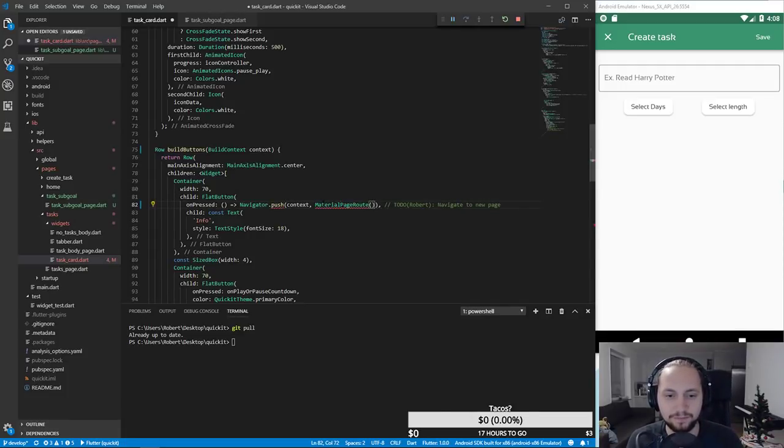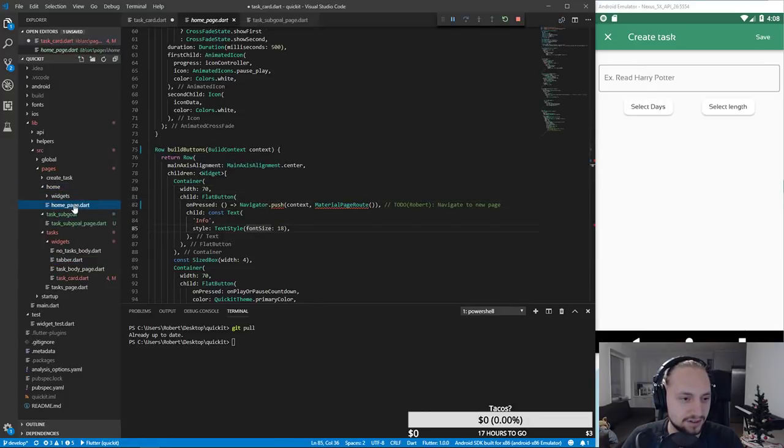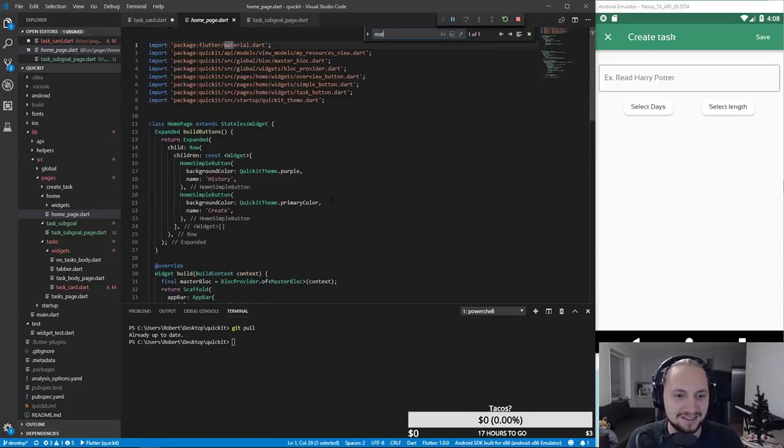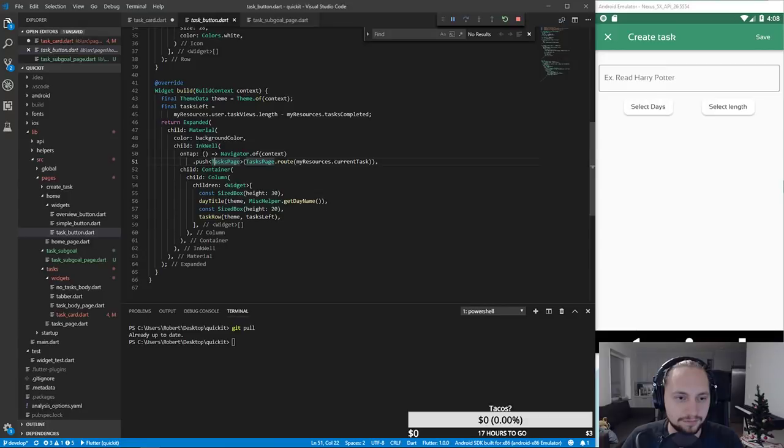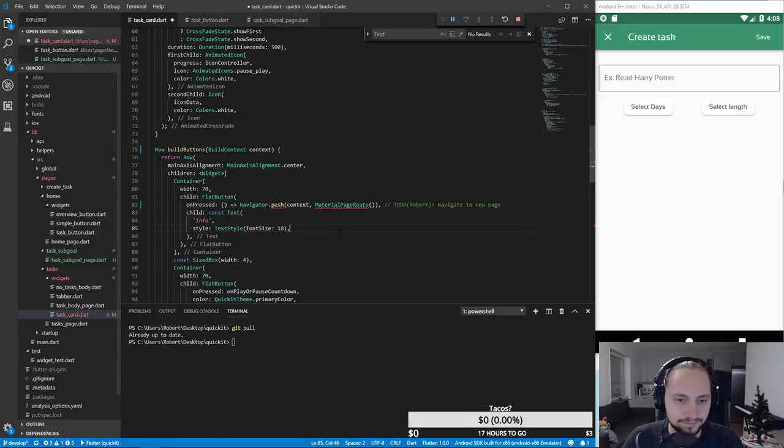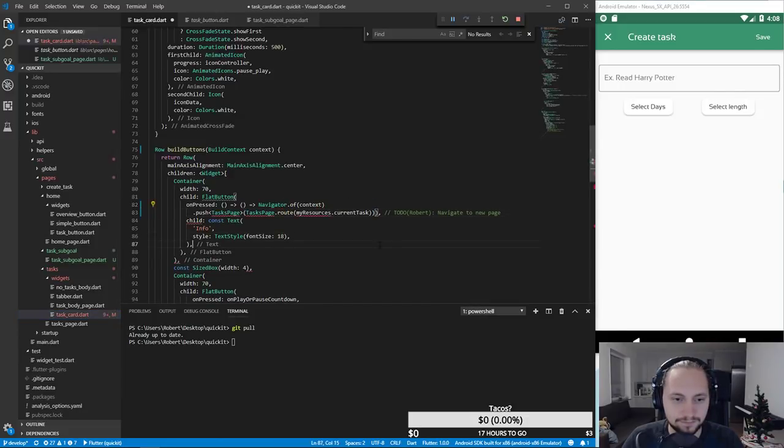We're going to... that moment when I actually forget how to navigate in a page. Sad. Where do I have an example of? There we go. Let's just take all of this. And we're going to push to a page called